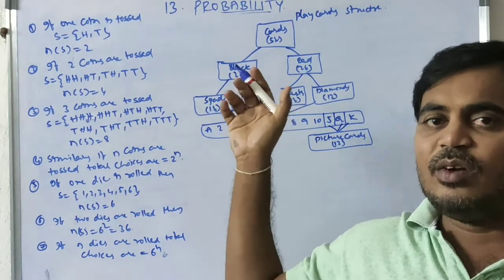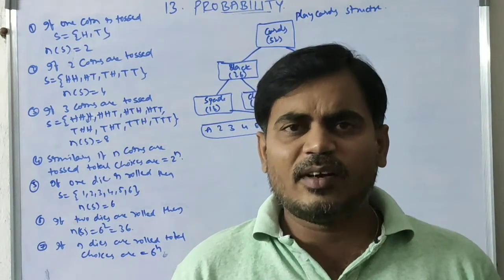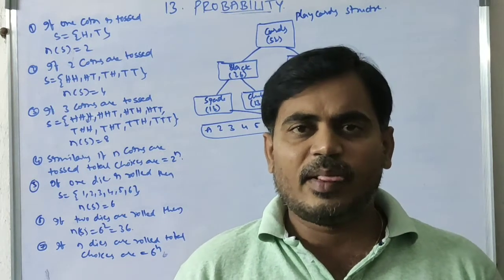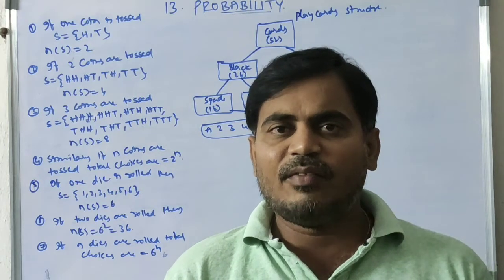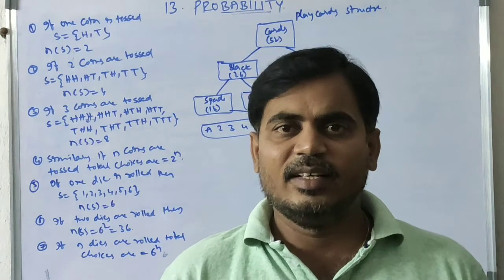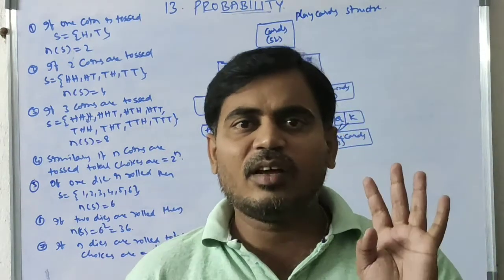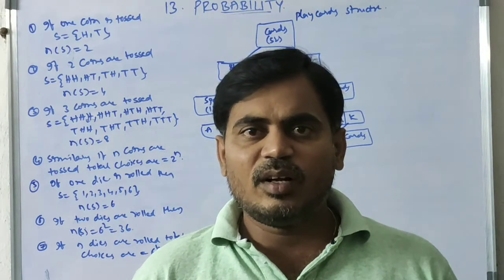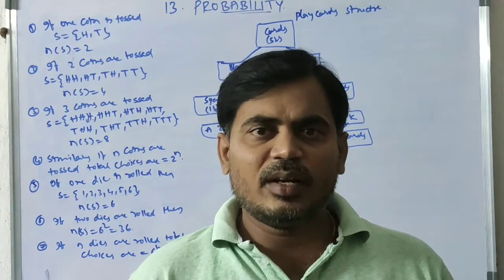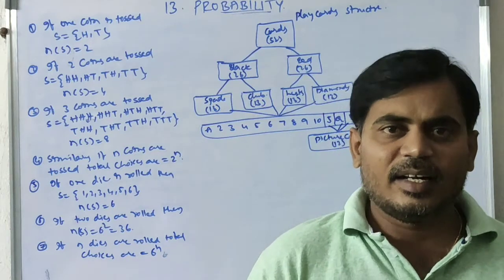Before that, I want to discuss it one more time. Total number of cards in a single deck of cards is 52. Out of these 52 cards, half are black color, half are red color, 26 black, 26 red. Among these 52, there are 4 sets. So 4 parts: in black 2, in red 2, black spade and club, red heart and diamond.